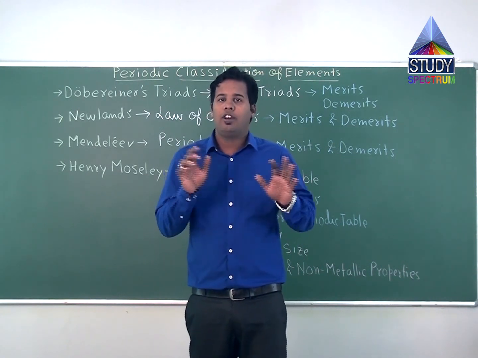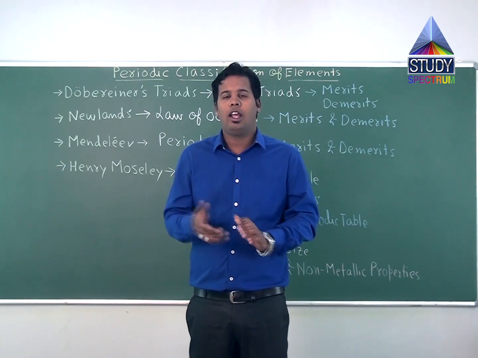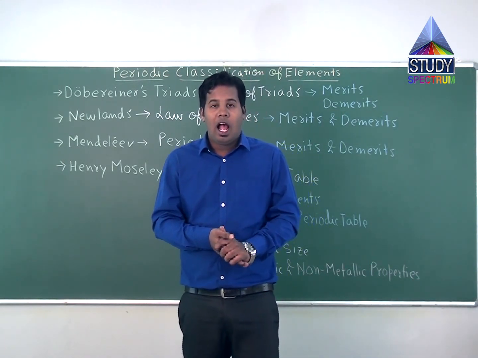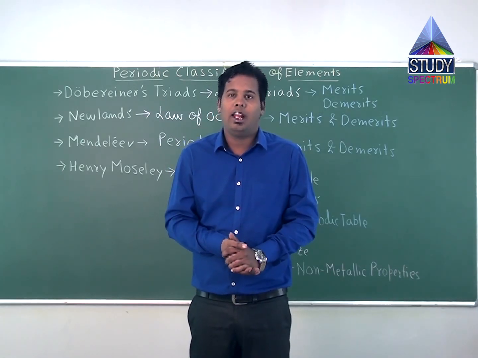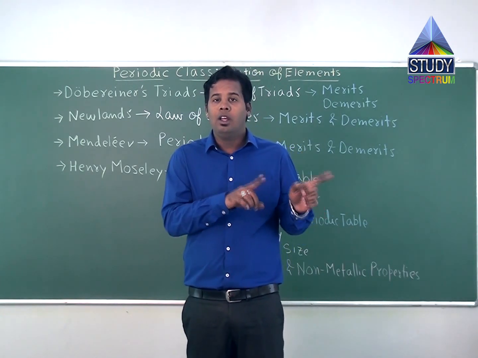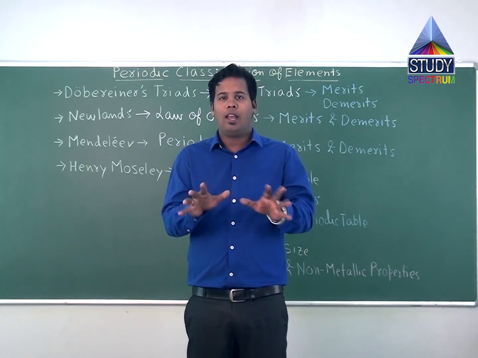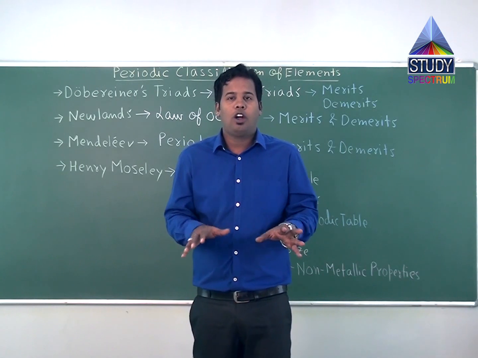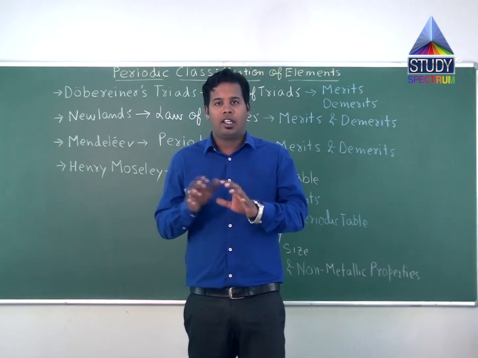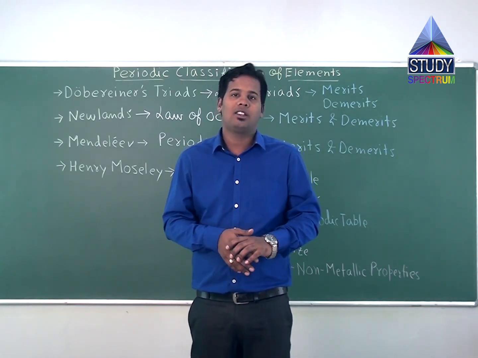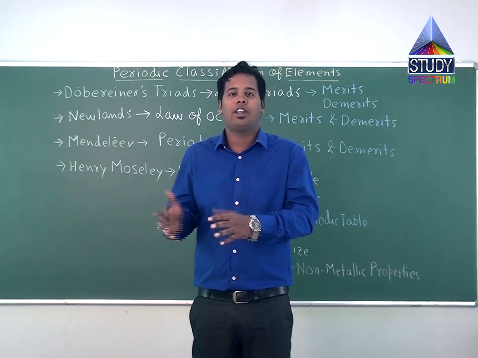Scientists thought that it is very important to classify elements since elements are being discovered frequently and the numbers are increasing. Correct? As of now, there are 114 elements discovered. But as we go back in time, early 19th century or 18th century, there were very few elements, roughly 30 elements discovered, and scientists thought they must be classified. That is what we are going to study in this chapter, periodic classification of elements, second chapter of second semester 10 CBSE, that is how different scientists contributed in the classification of elements.